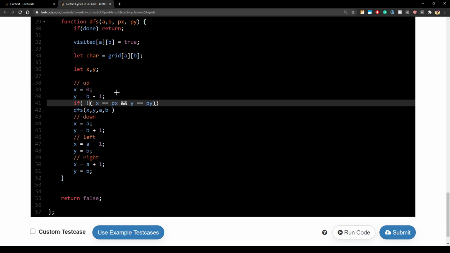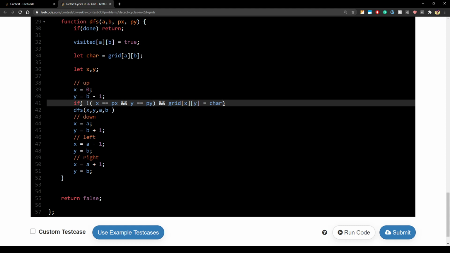Then the second thing we need to check is that we are going to the same character. So grid x comma y should be equal to char, right? Because the valid path goes through the same character. But now we also have to check that this x y has not gone out of the grid, right?